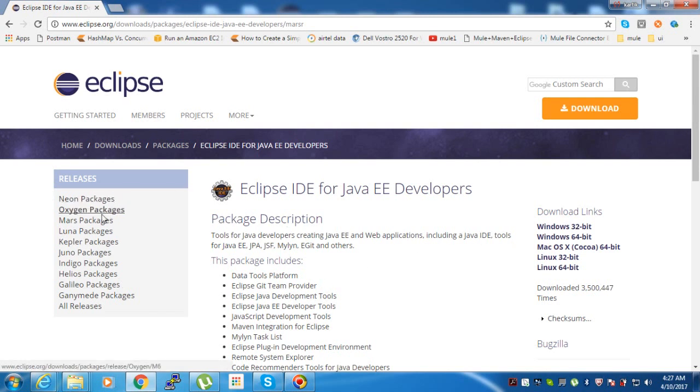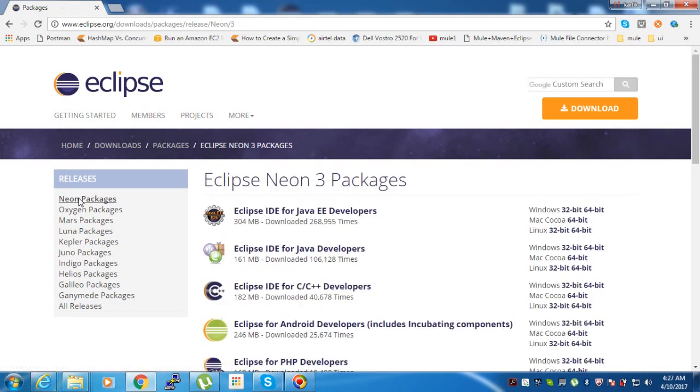Now here on the left side I can see the various releases of Eclipse. I will go to the latest release, which is Neon. I will click on this hyperlink. If you want to download any other release, you can click on any other hyperlink, but I want the Neon package, the latest one. And on the right panel we can see several hyperlinks like